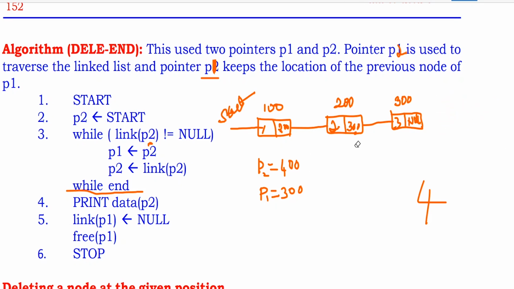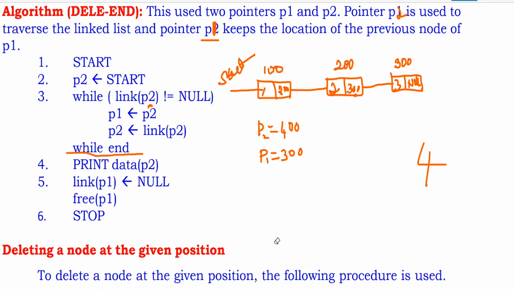Okay. So we have 3 nodes. This is how we delete the last node. To delete the last node, we have to go with 2 pointers: the node to be deleted and its previous node. Because its address is in the previous node, therefore we have 2 pointers. Using this pointer, we can delete this node. I think you have understood. So that is deleting the last node.